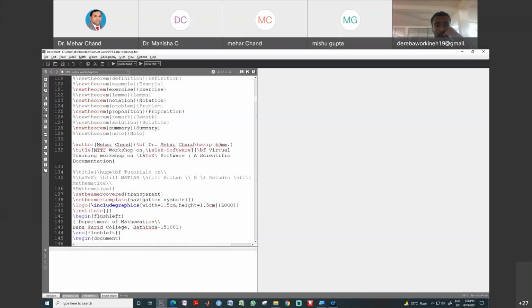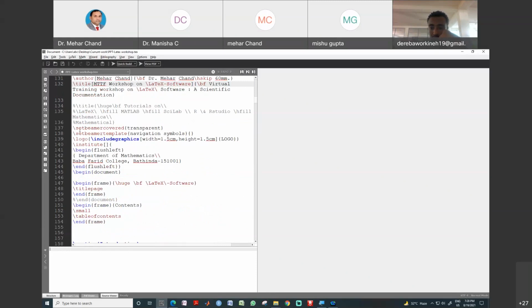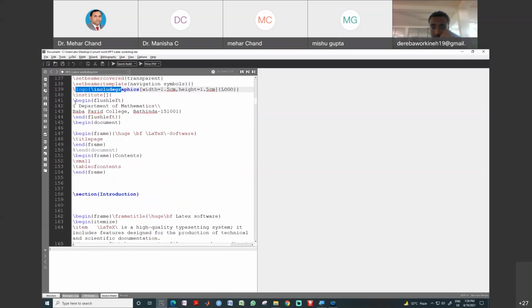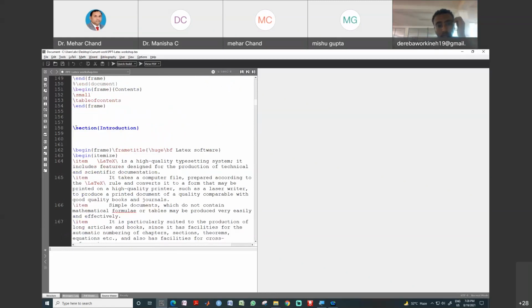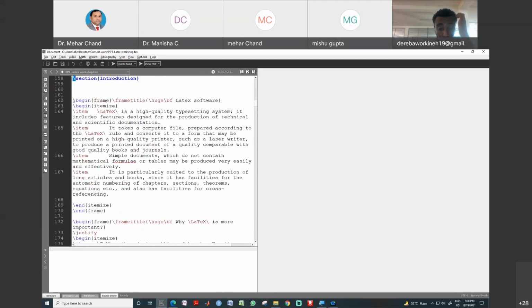Okay, and this is the author detail, then title, and logo is inserted here, then department detail, and this is the first section.